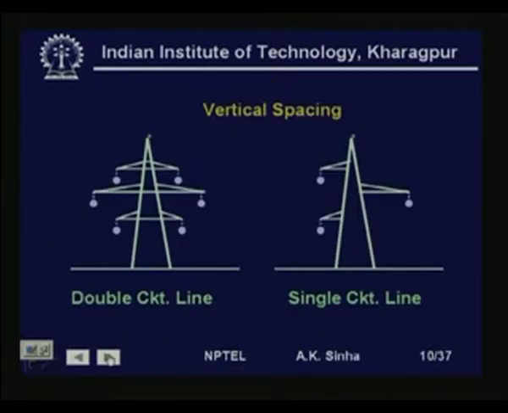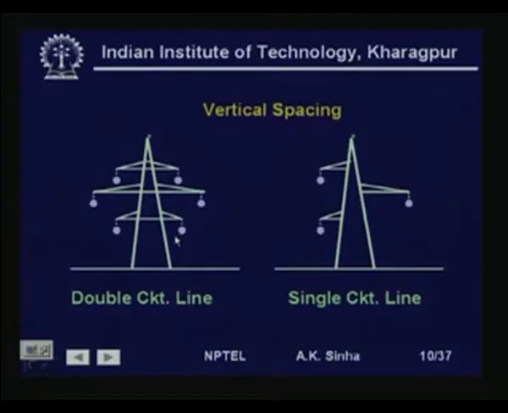Now, conductors can be placed in various arrangements. The earlier diagram was showing the arrangement of conductors in a horizontal plane. Many times we arrange the conductors in a different fashion, like in a vertical plane or in a hexagonal plane. Here this tower is showing a double circuit line where the three phase conductors A, B,